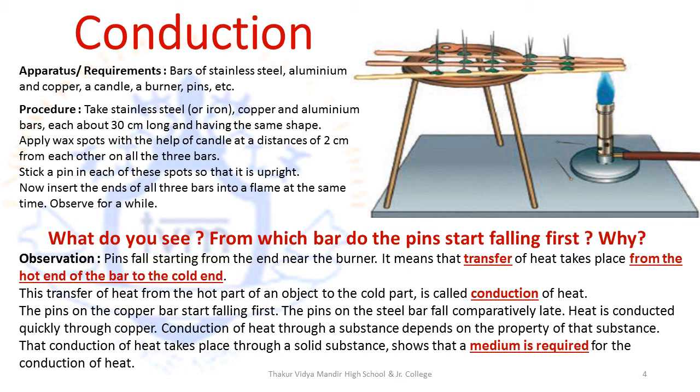Another thing that we will observe by using the three types of bars is that the pins on the copper bar will fall the quickest. That is because copper is the best conductor of heat after silver. First position silver, second position copper. Now it's a bit costly and difficult to get silver bars, so we'll make do with copper, aluminium and steel. Now that we know that out of aluminium, stainless steel and copper, the pins will fall out from copper first. Find out which one will be the second one.